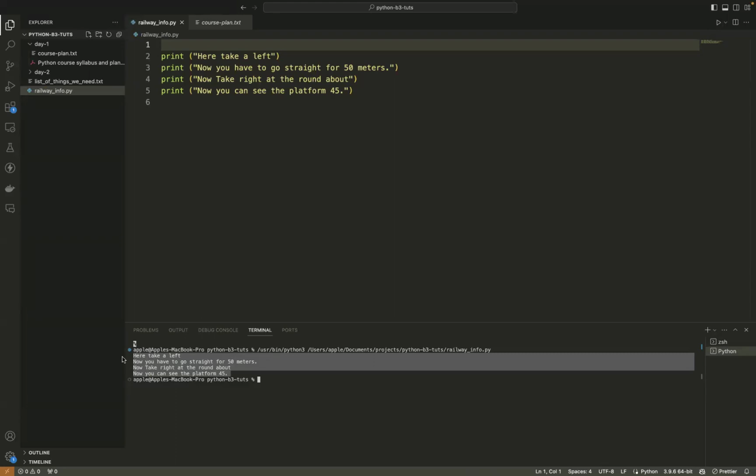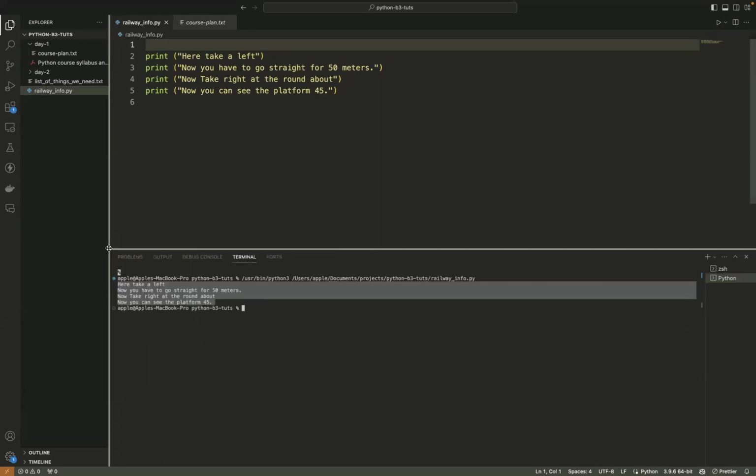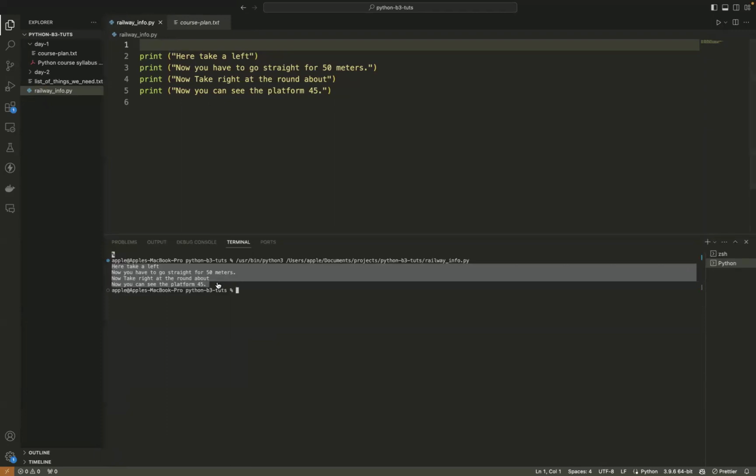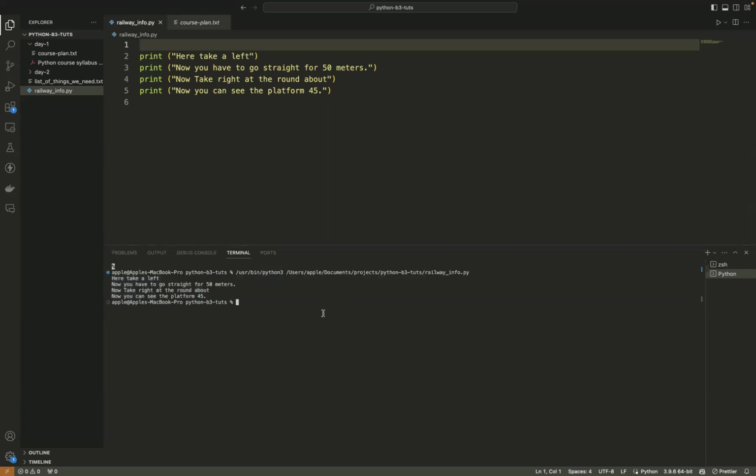The advantage of having a tool is that at the same time, I could see my source code, and my output of that source code, in two different lanes of my editor, in a single window, by just clicking this play button. That is one way of executing your code.